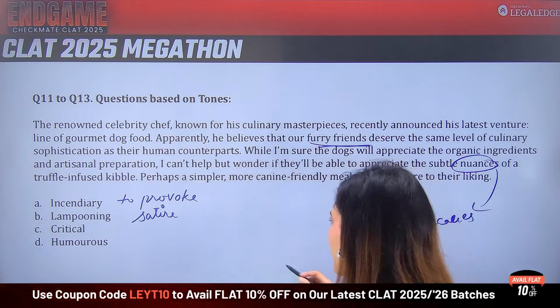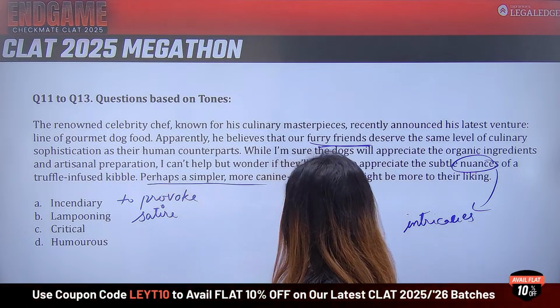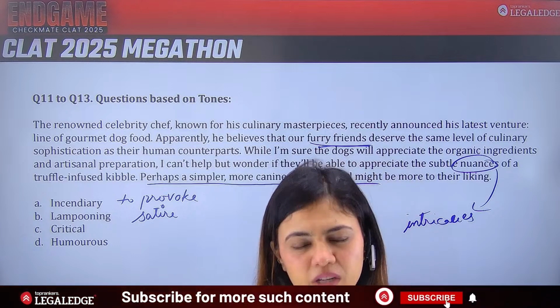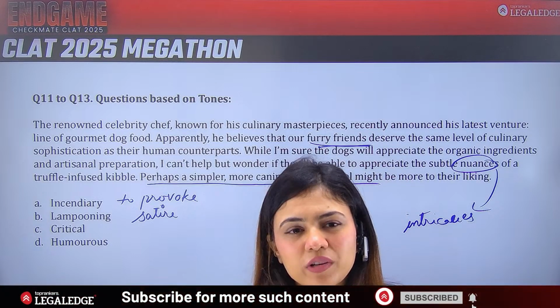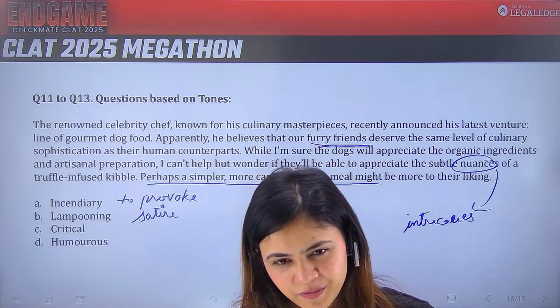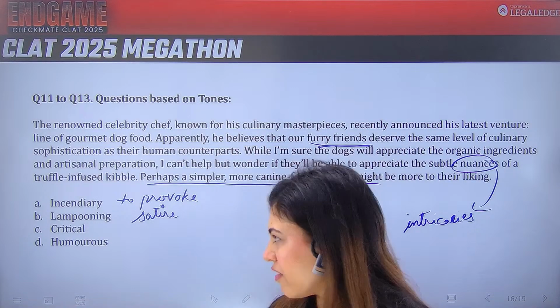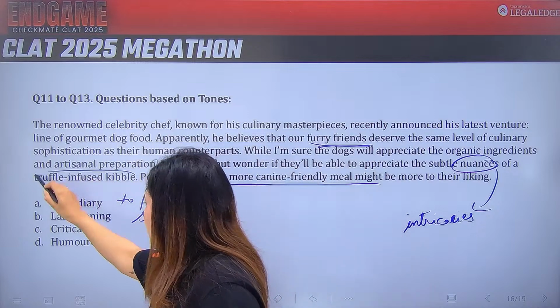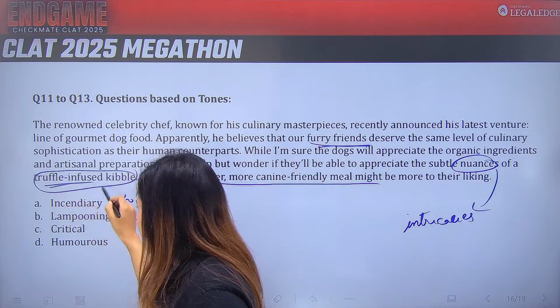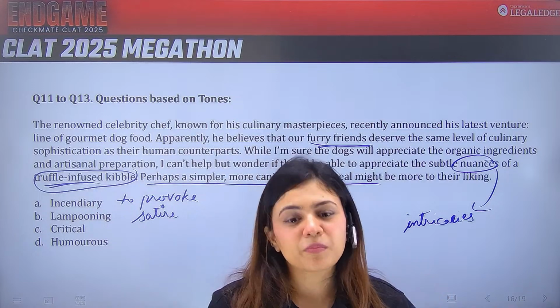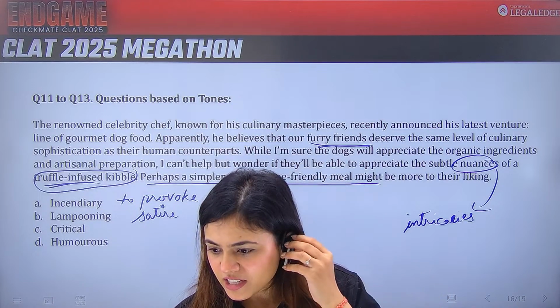तो वो बोलता है कि मेरे हिसाब से सिंपल कैनाइन फ्रेंडली मील ज्यादा यहाँ पे सूटेबल होती इंस्टेड ऑफ कुकिंग समथिंग 5 स्टारिश. ठीक है, क्योंकि डॉग्स को कुछ नहीं समझ में आएगा द फ्लेवर ऑफ ट्रफल इन्फ्यूज्ड किबल. They do not know how expensive a truffle infused kibble is. They will not be able to appreciate it. So the answer is